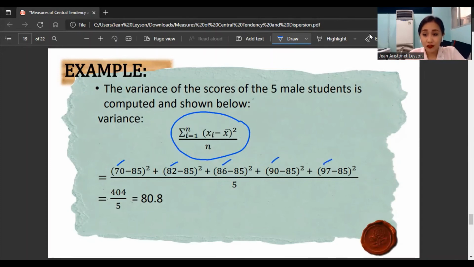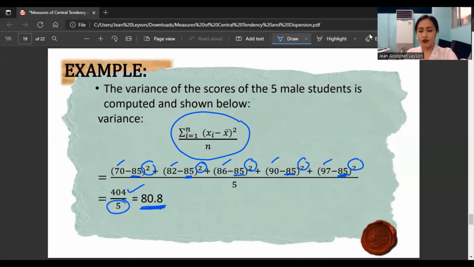Subtract each individual score or grade by the mean. So 70 minus 85, 82 minus 85, 86 minus 85, 90 minus 85, 97 minus 85. Then after subtracting, square each quantity, same as what we did earlier. After that, add all the scores together. It's 404. Then divide it by how many data there are. There are 5. Therefore, the variance is